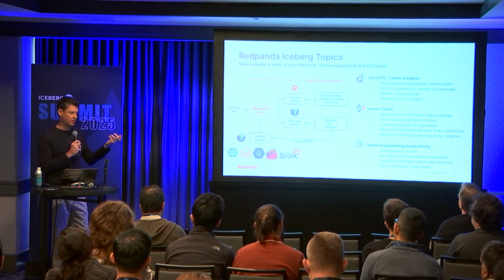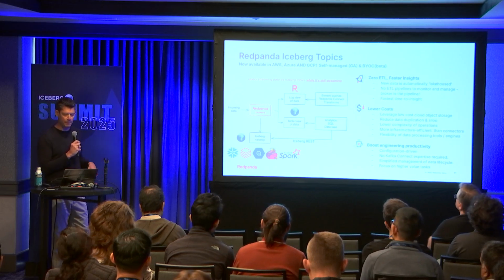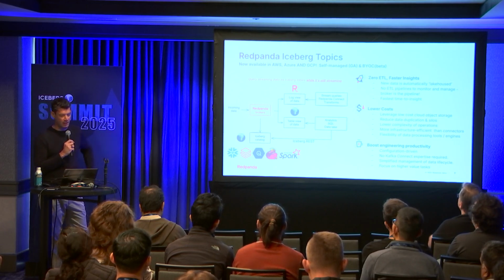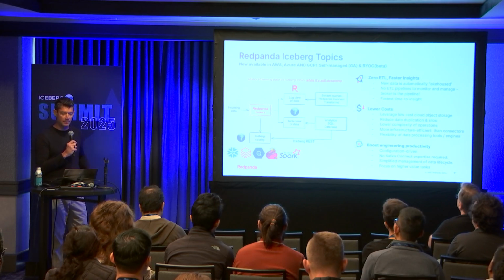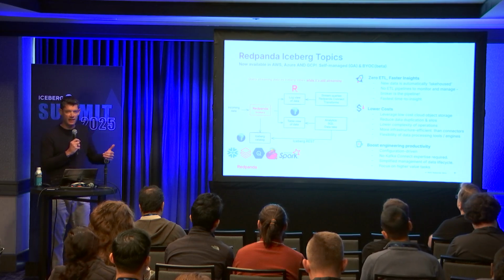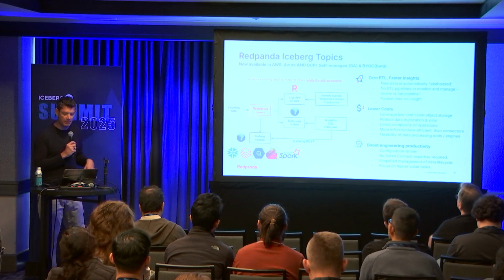If the schema changes, you have to adjust things. It's kind of a nightmare, right? And it can be actually really infrastructure inefficient. We talk to customers that spend a lot of money just on Kafka Connect environments to move this data around. So we want to really lower the cost by, of course, leveraging object storage, reducing the duplication of data as it gets copied around by all these ETL jobs.